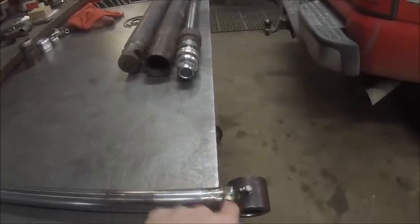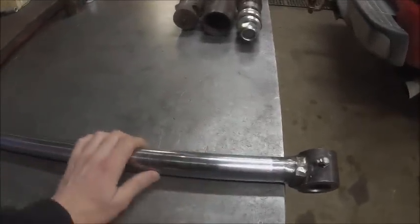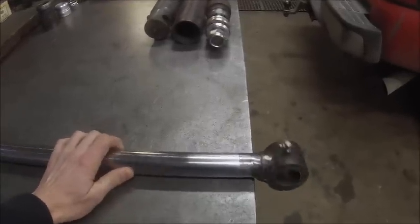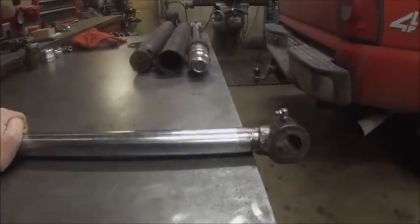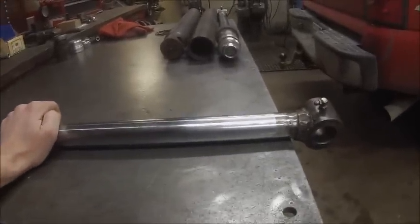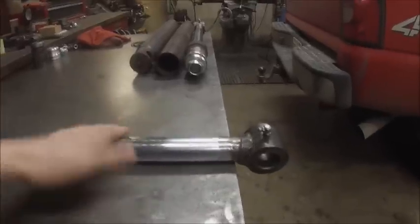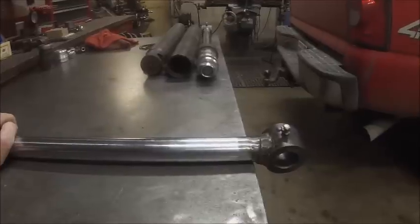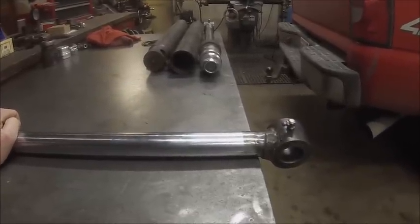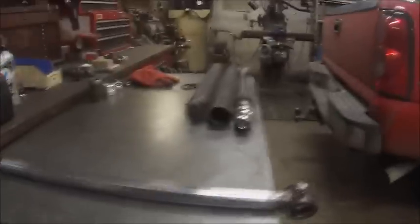fixed at some point. This rod's actually kind of been beat up, but Dad wants to make new rods for it at some point. And we were going to wait to rebuild these cylinders until that point happened, but this guy right here started leaking bad enough that I just said, forget it, I'm going to rebuild them now so that it'll at least quit throwing away hydraulic oil and quit leaving a mess all over the barn floor. But anyway, as you can see...